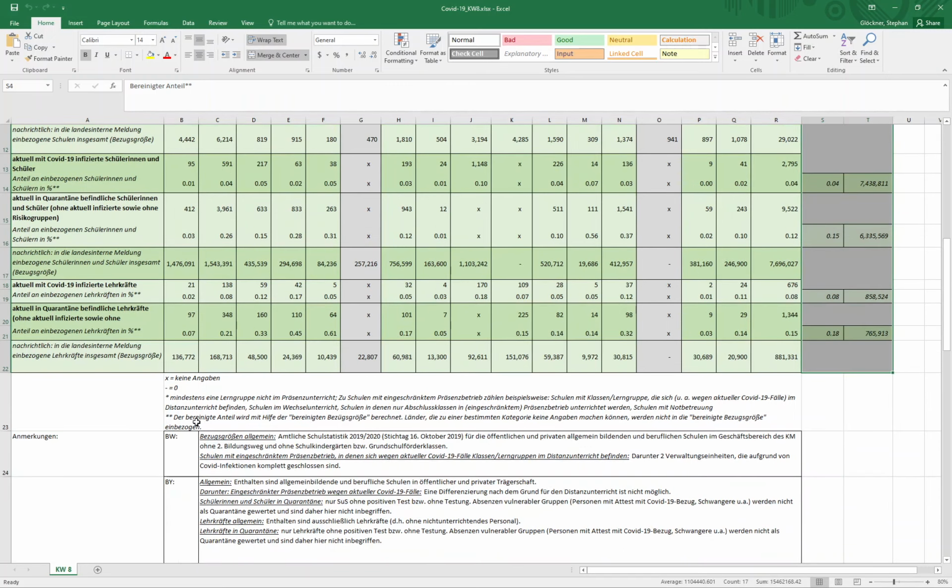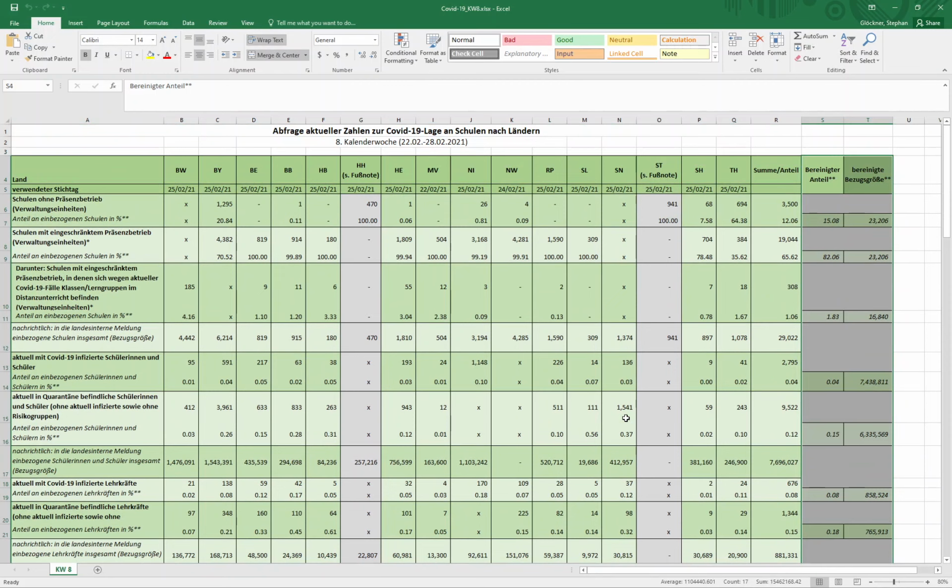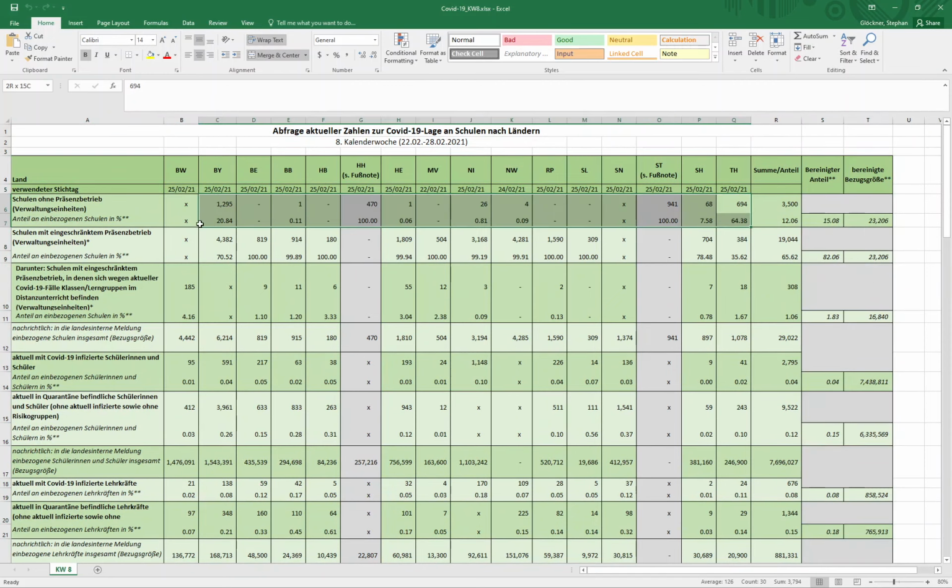As far as I understand, due to missing information, which I guess is fine. These are the totals, and we don't need the totals. We can handle the totals for ourselves. And